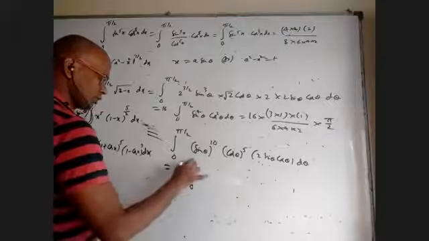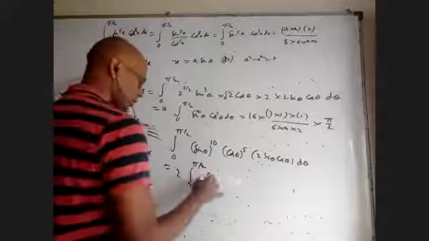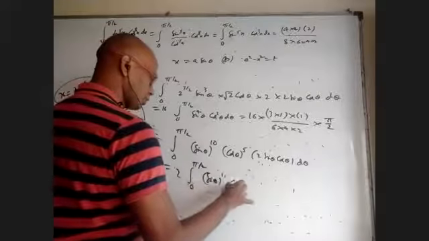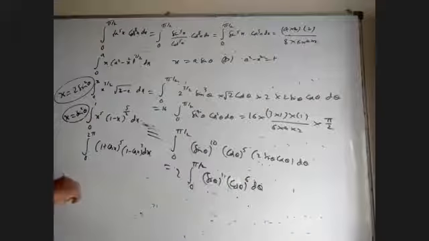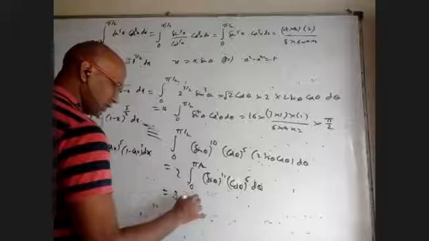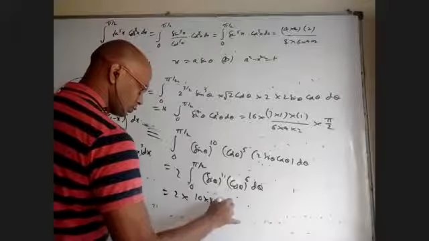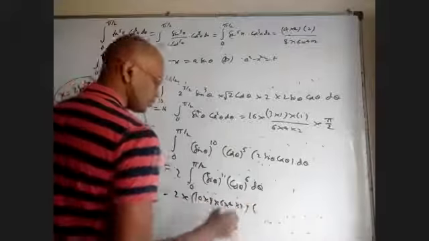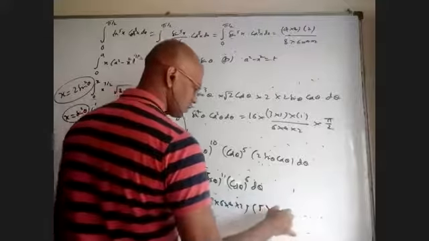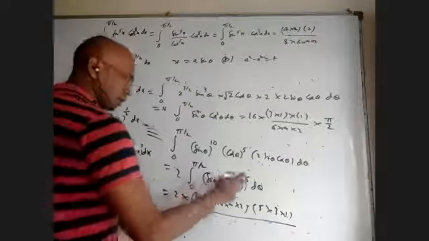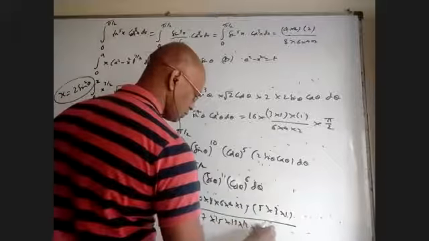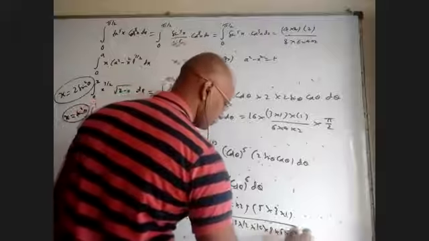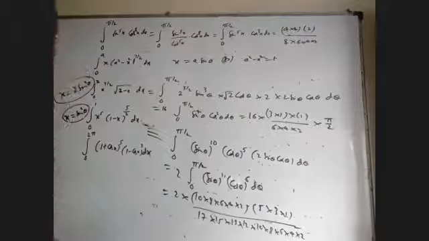That is 2 times integral 0 to pi by 2 sine theta power 11 and cos theta power 6. Because of 11, I have to write 10 into 8 into 6 into 4 into 2. Because of 6, I have to start with 5, 1 less, and then go till 1. Divided by 11 plus 6 is 17 into 15 into 13 into 12 into 10 into 8 into 6 into 4 into 2. Into pi by 2 is not required. That is only when both are even. Here one of them is odd.